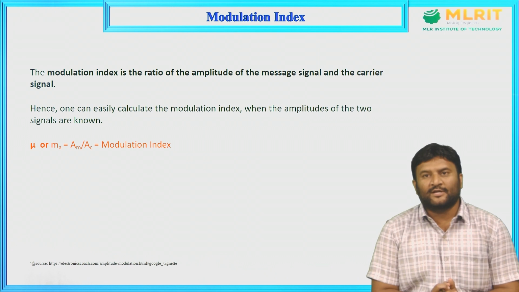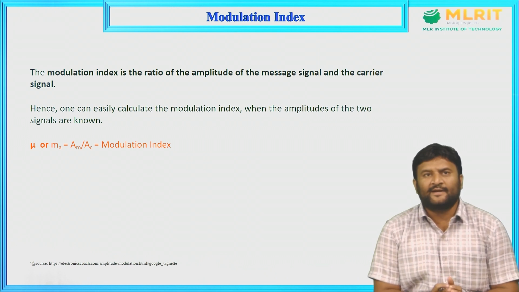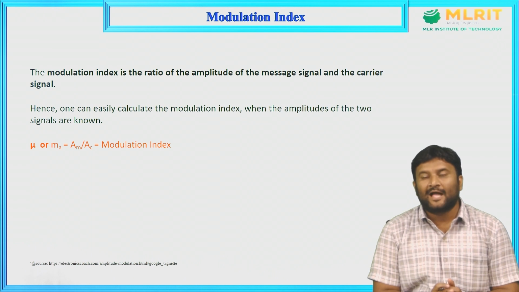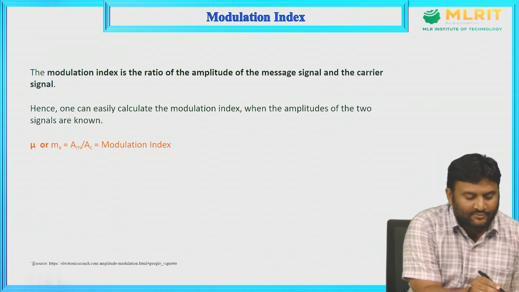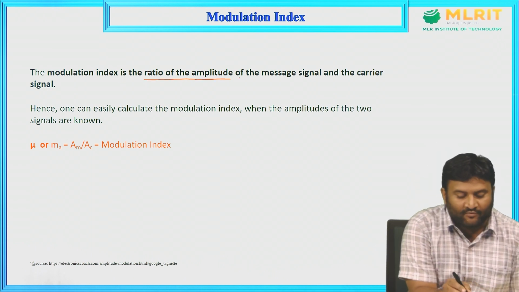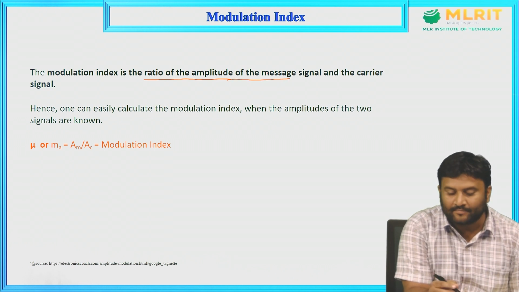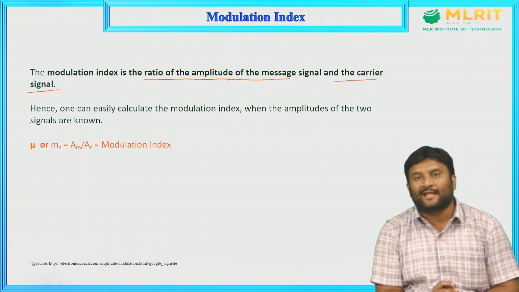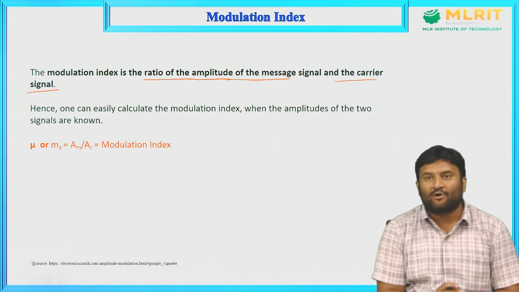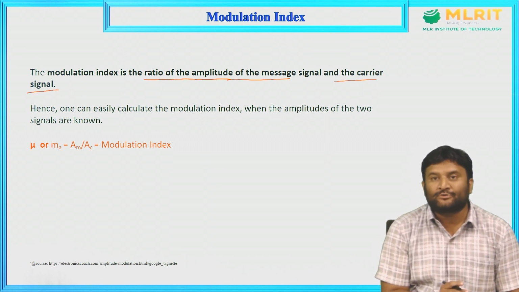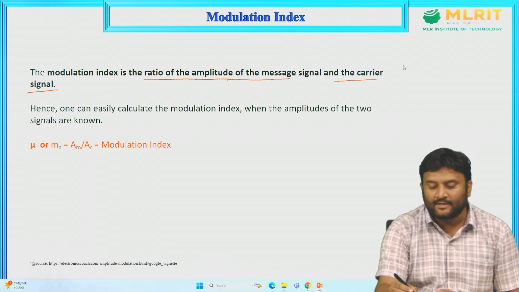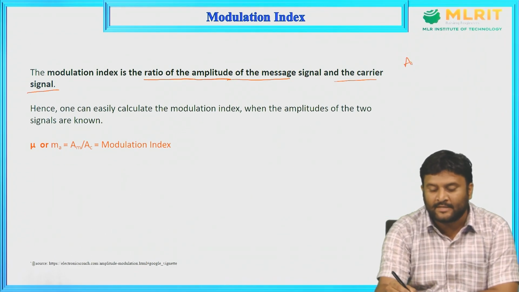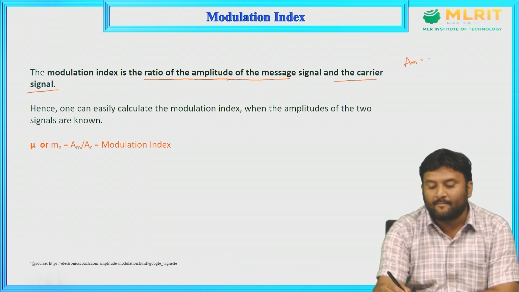What is modulation index? It is defined as the ratio of the amplitude of the message signal to the amplitude of the carrier signal. Observe here the ratio of the amplitude of the message signal and the amplitude of the carrier signal. It is also defined as the ratio of the maximum amplitude of the message signal. Observe here the maximum amplitude of the message signal, Am, is the representation of the maximum amplitude